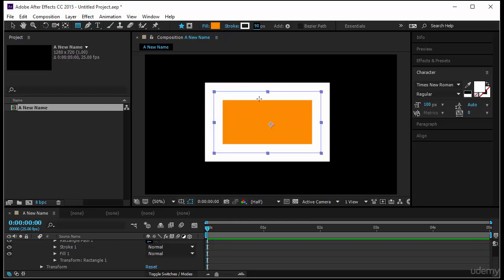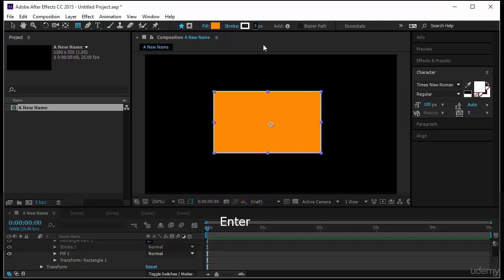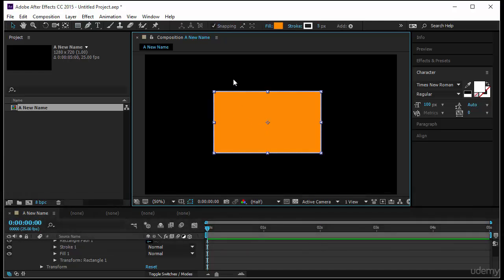You notice how the stroke works. Half of it, for example, this is 90, so 45 is outside the limits of the layer and 45 is inside the limits of the layer. This is very important to note. So the stroke is divided, it's not totally outside or totally inside. I'll put it back to 5 and I will delete this rectangle to start showing you how to use the